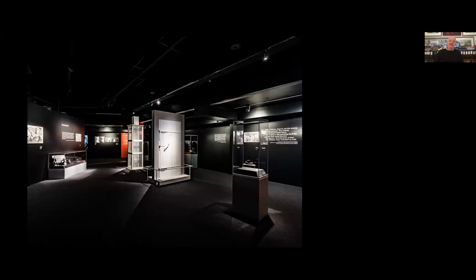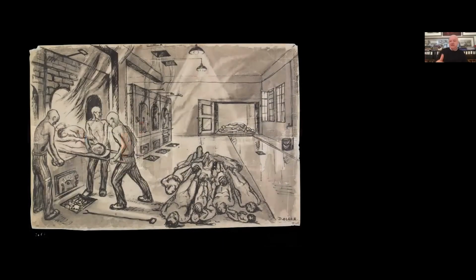Then a reconstruction of a gas door found in 1945 at the Auschwitz site by Russian investigators, since then disappeared, but reconstructed on the basis of photos. And behind it, a gas column that will become basically the key piece in my story. But we will just finish the exhibition and show you again an image by David Oller of the elevator in the back, the corpse elevator, bringing the corpses from the underground gas chambers into the incineration room.